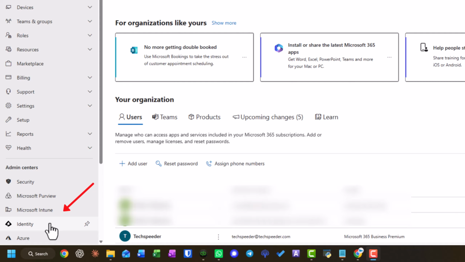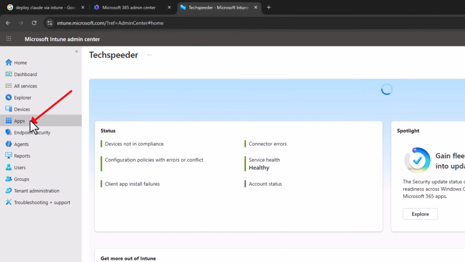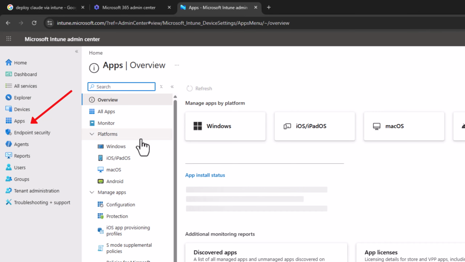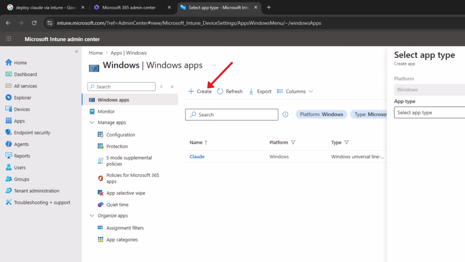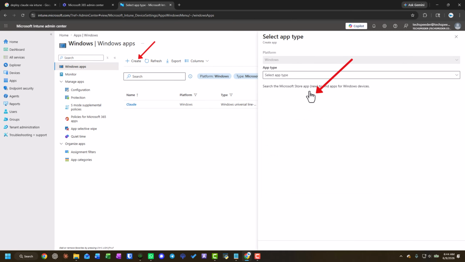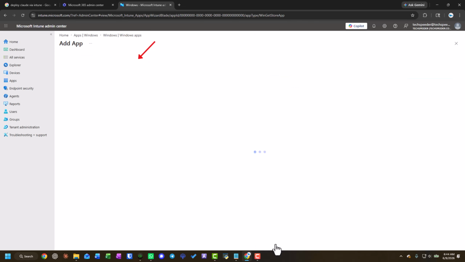center. Okay, so once you're there, you're going to click on Apps and then drop down to Windows and then click Create, and you're going to drop this down and select Microsoft Store New. Next,